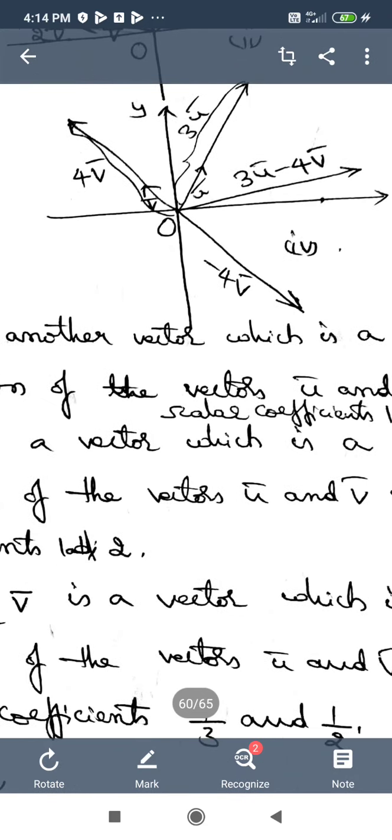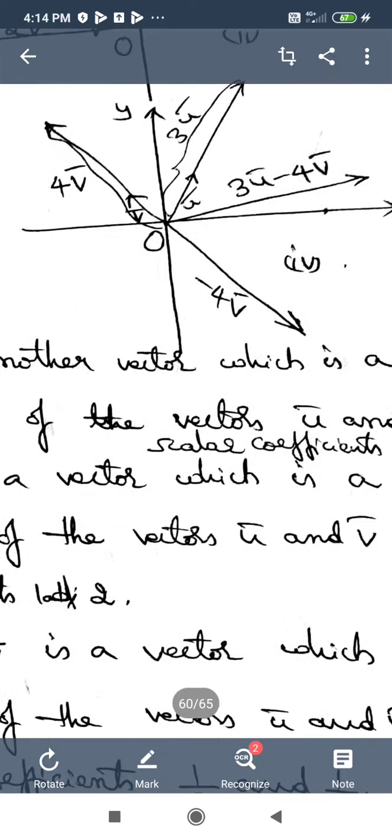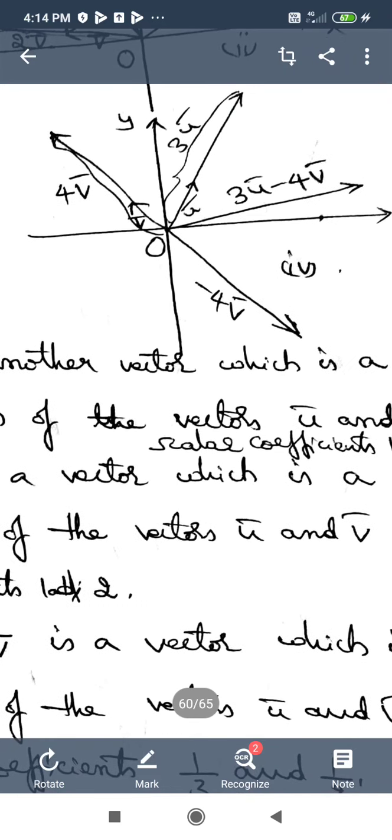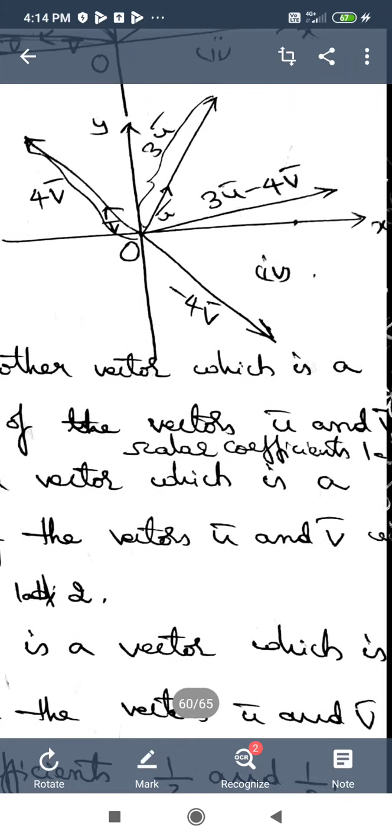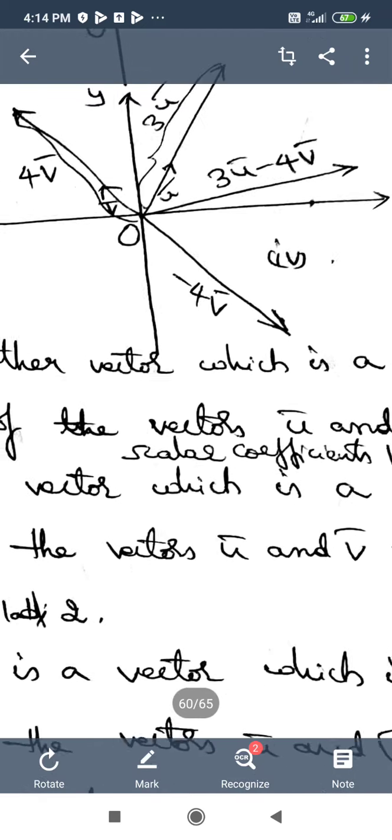Here I have taken the u bar vector in the first quadrant and 3 times u bar, the scalar multiple of u bar by 3. I have also represented in the figure with the same line by extending the vector u bar 3 times. That is how it is 3 u bar. And in the x dash y plane, that is in the negative direction of the x-axis, we can see the vector v bar, and it is a small vector, and 4 times of it is the whole vector denoted there, that is 4 v bar.